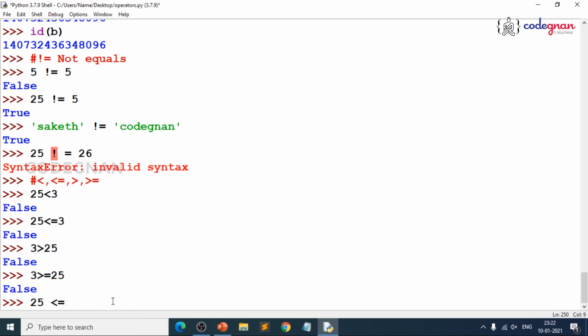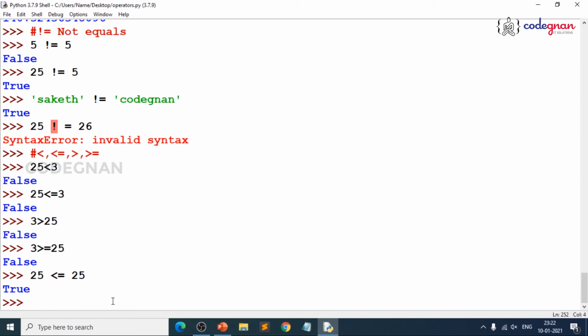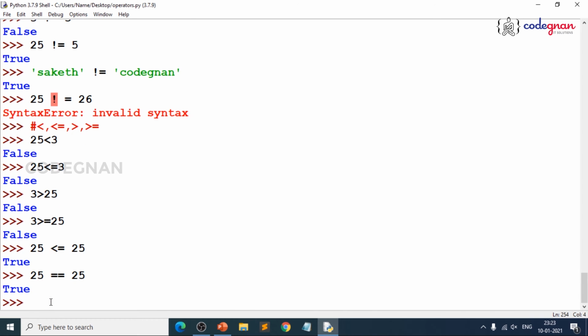25 less than or equal to 25, you get the answer as true. Why? Because you have the equal to symbol here. Equal to plays a very key role where you are trying to compare. With two equal to symbols you find the relationship, and that is also true. Less than or equal to and greater than or equal to, the same condition matches over there. This is all about